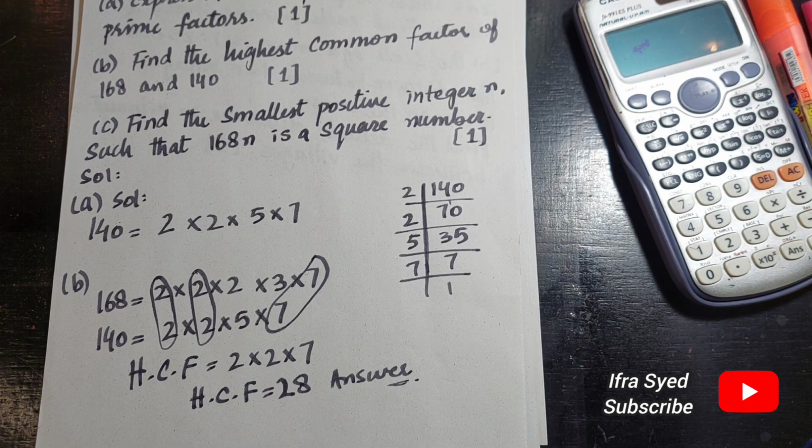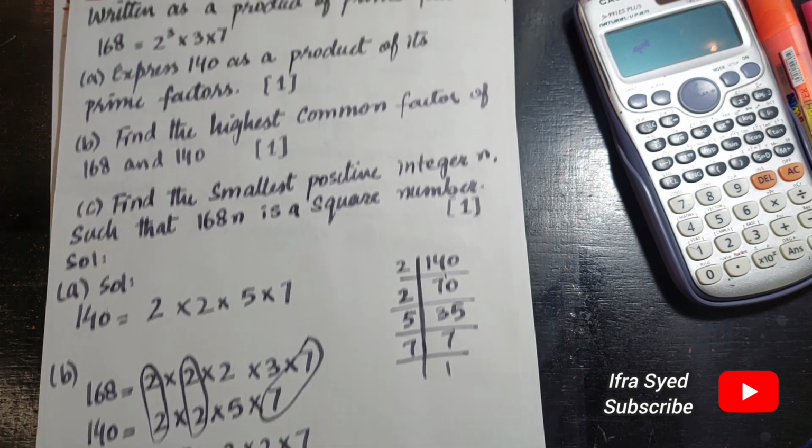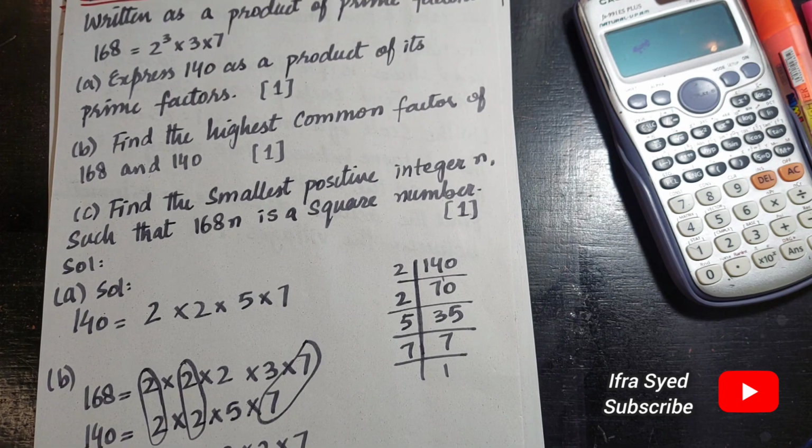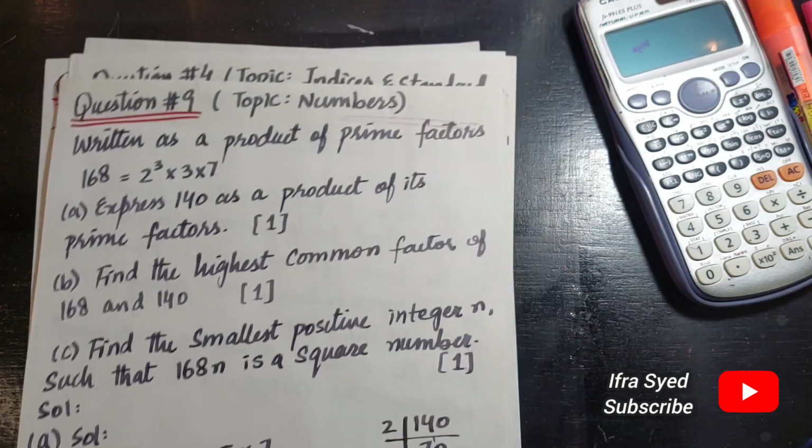Part B is solved. Now let's move to the next part. Its next part is find the smallest positive integer n such that 168n is a square number. As you can see, 168 is not a perfect square, so we have to multiply it with a positive integer so that it will become a perfect square. So as it is given in the